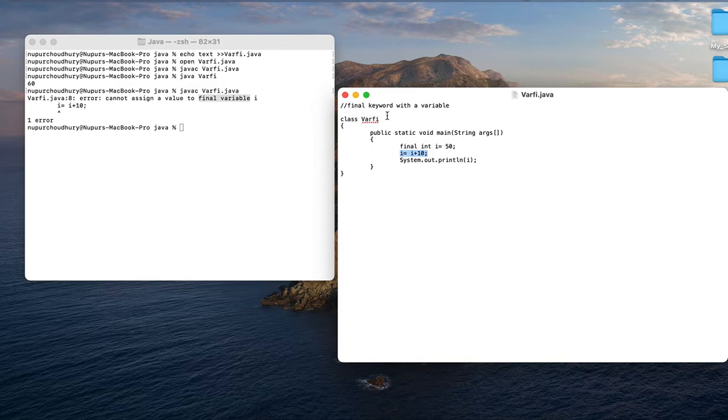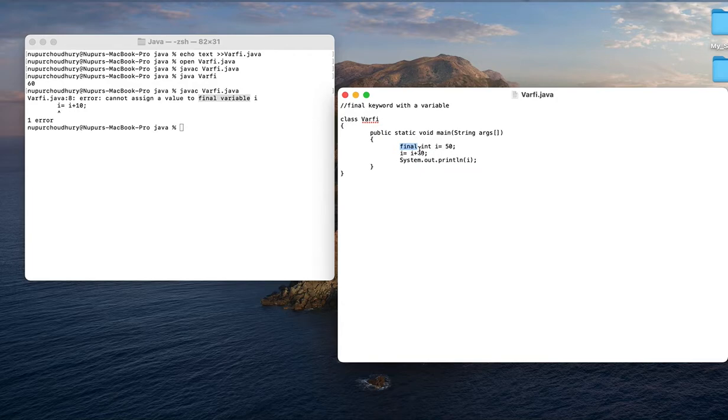So whenever we want to create any variable which should be static, for example the value of pi, which is 3.14, this is static. Universal gravitational constant, it is static. Speed of light, this is static, it is constant, it does not go on changing. So likewise, if I want to introduce any variable which should have a constant value throughout the program, I will associate just one keyword in front of that variable, which is known as the final keyword.